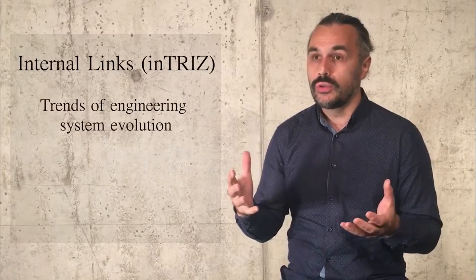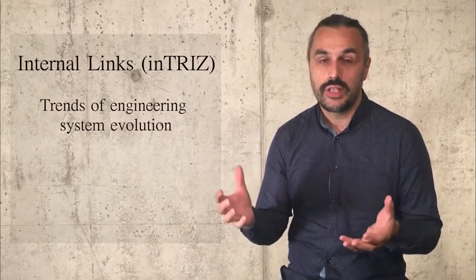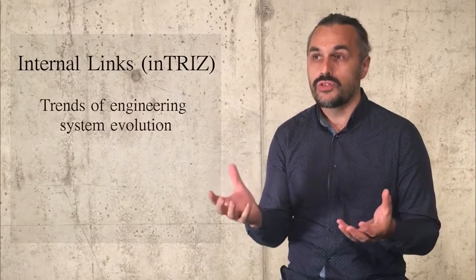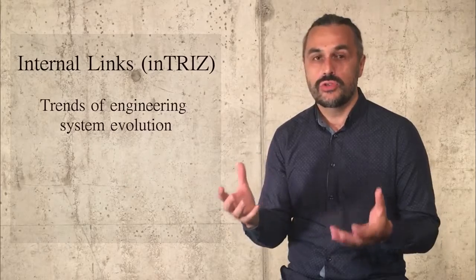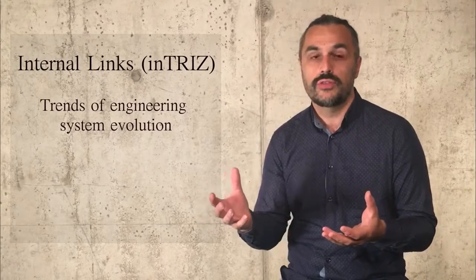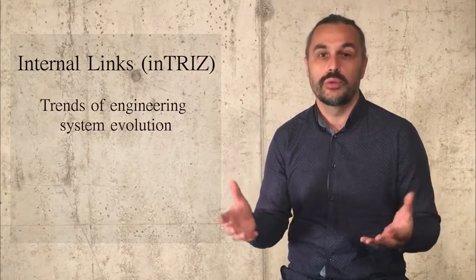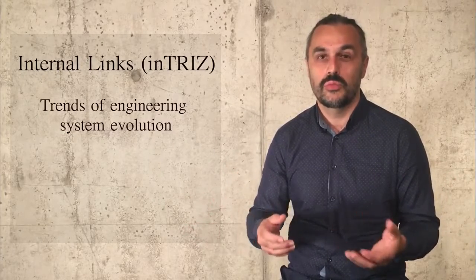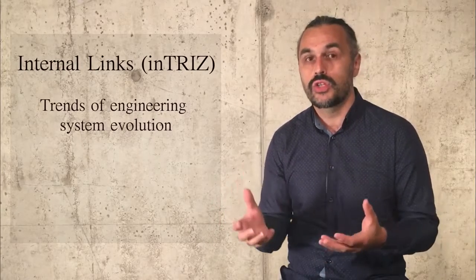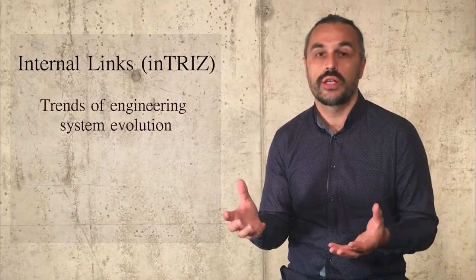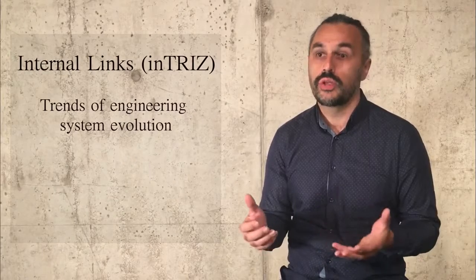If we try to understand what is happening when a system becomes more and more dynamic, more and more adaptive, then dynamicity means flexibility. So when we have to resolve a contradiction, let's say, to have something short and long, we make it dynamic, flexible, foldable, portable, and that's how the system becomes more and more dynamic, resolving a situation when two mutually excluding properties are applied to the same part of a product or a system.